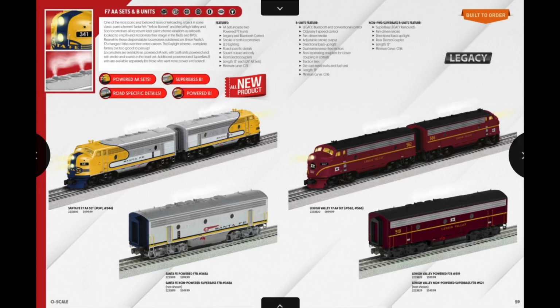Moving on to the next diesels in the catalog, we have a return of the Legacy F7AA and additional B unit sets. These are always interesting engine sets whenever they come out. So both of the AA sets actually are powered units. One has sound while the other doesn't. And the B units, one is a powered unit and the other is a non-powered unit, but it is a